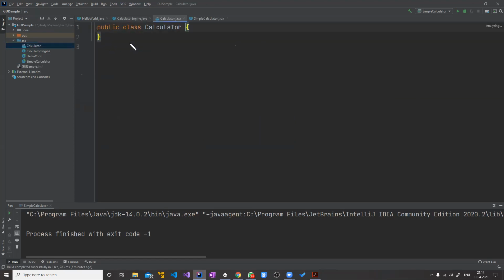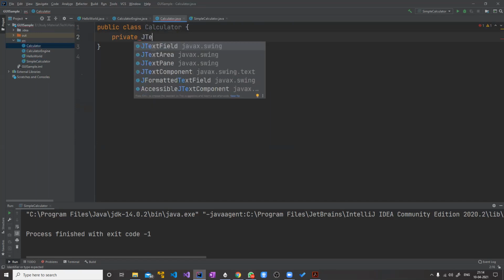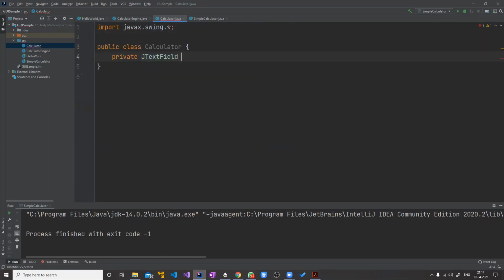It's a simple class, it won't derive anything from anywhere, but it will have a variable, let's say private JTextField, and the name of the text field, let's say displayField. That's all. And it will have a setter and getter.